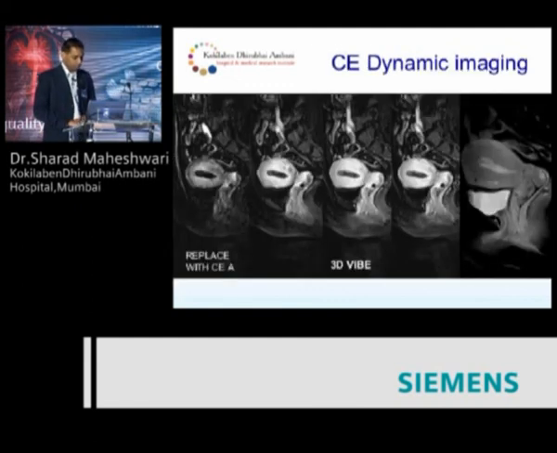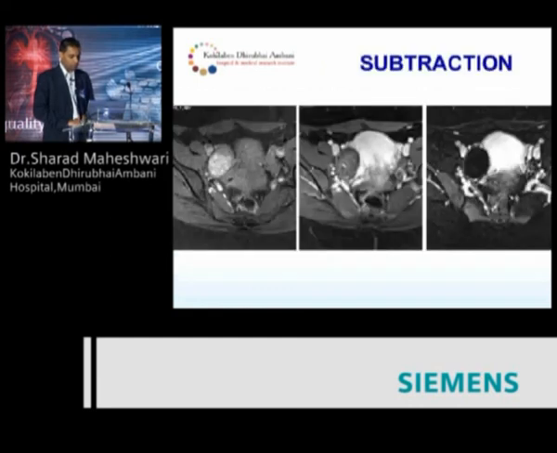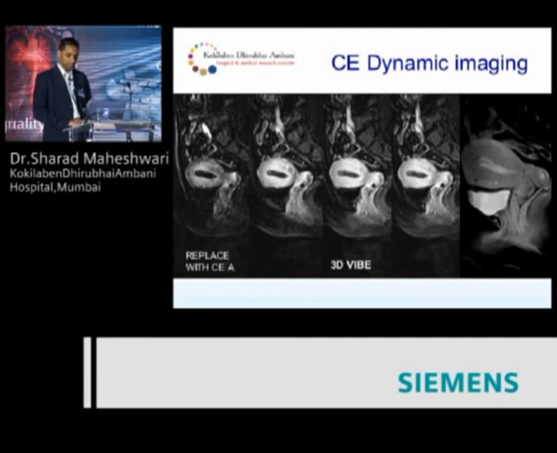Dynamic imaging: normally I use 4 sequences at a stretch. The first one you can replace with an angiogram as per your need. This patient, DUB, postmenopausal, you can see the endometrial canal as you go. On the dynamic it is enhancing, very much enhances on the 2D follow-up. Then this patient went for biopsy and this was endometrial hyperplasia with dysplasia. So probably she is going into a carcinoma.